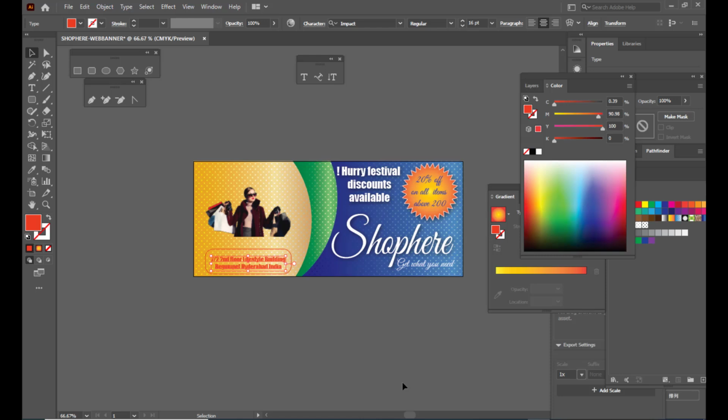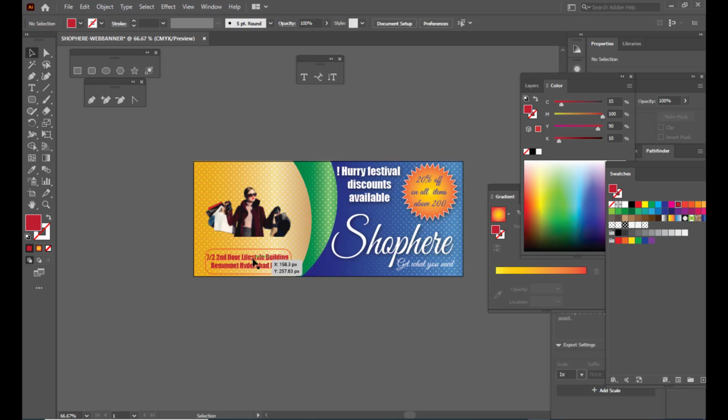Just place it properly. We can give a darker color if we think that it's not clearly visible. Right. So this color is better.